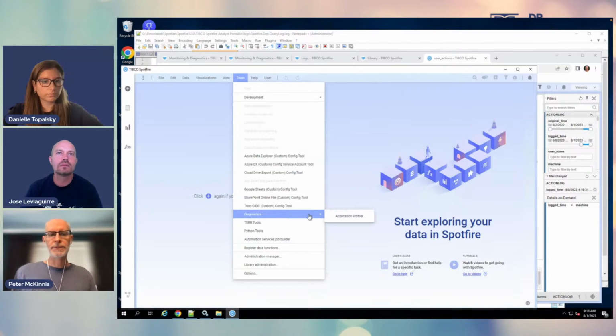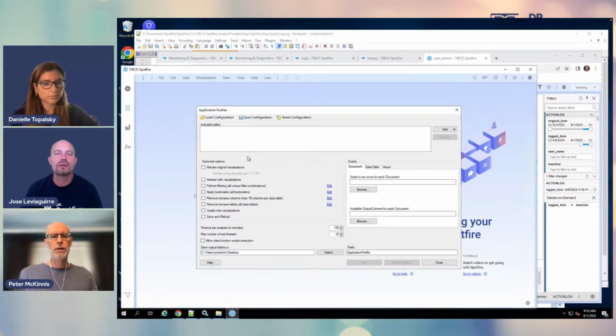That's under diagnostics here. That allows you to run something across all the subset or all the analyses in the Spotfire library. And so this can also give you some information over time. This opens the analysis files, can do different things with it depending on what you want it to do. And then you get Spotfire data files out of it as well as an analysis so you could view over time. This is useful a lot of times in upgrades to make sure analysis files are still working. But you can also use it to see the performance over time with analysis files.